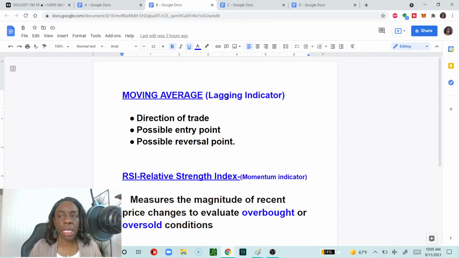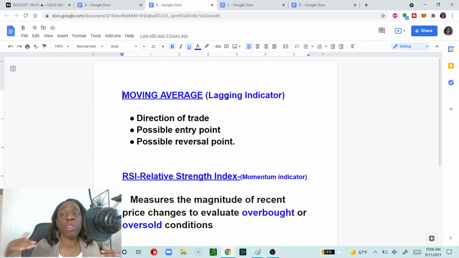Moving averages. A moving average is just that. It is an average of price over the past so many periods or so many days. So a 10-day moving average is the average of price over the past 10 days. A 50-day moving average will be the average of price over the previous 50 days, and so on and so forth. And so having them on our charts helps us to understand average price and where price action is in relation to average price. And so what does a moving average do for you when you have it on your charts? It helps